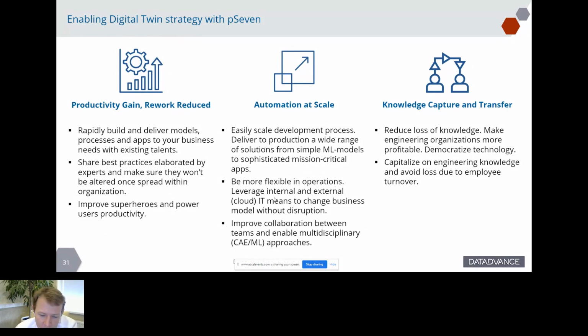pSevenEnterprise, for all those collaboration and low-code capabilities, allows to perform automation at scale, either at design stage or at operations. And last but not the least, with this formalization of the processes, automation of your processes, deployment of the